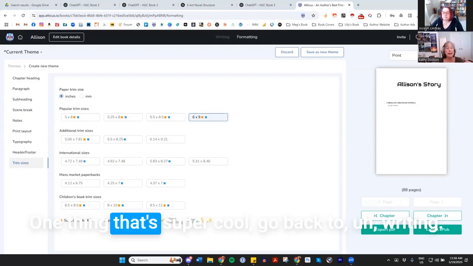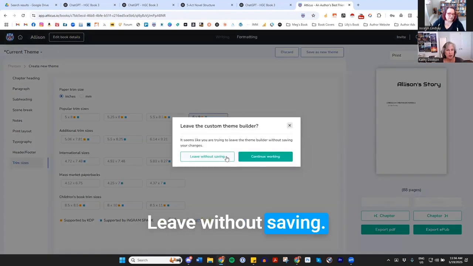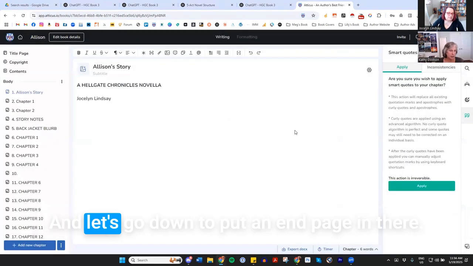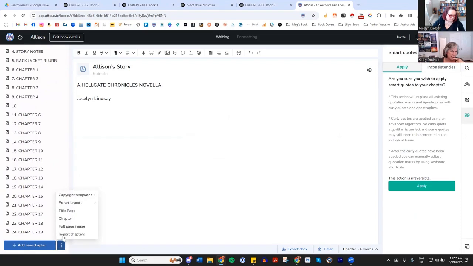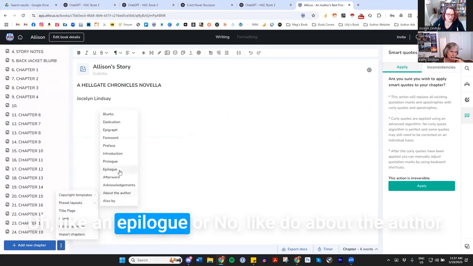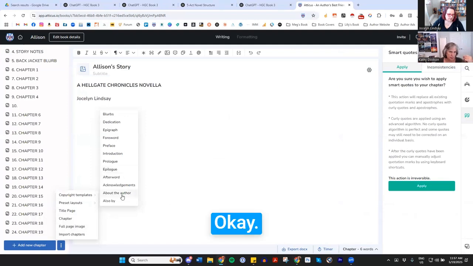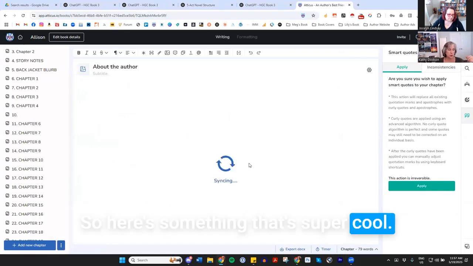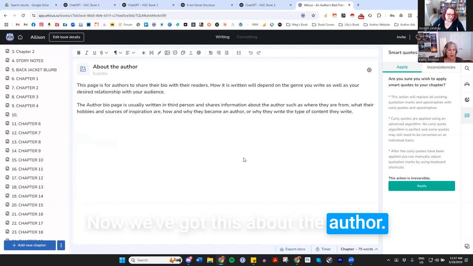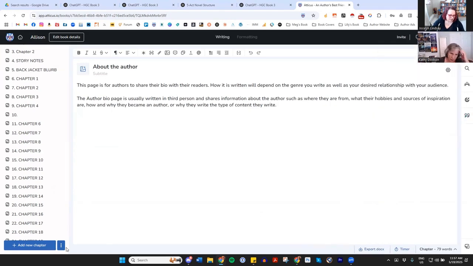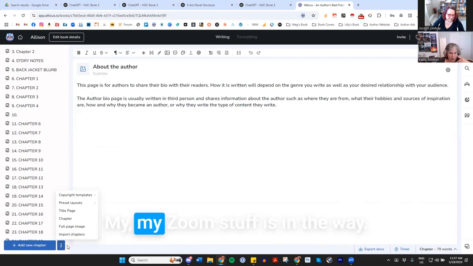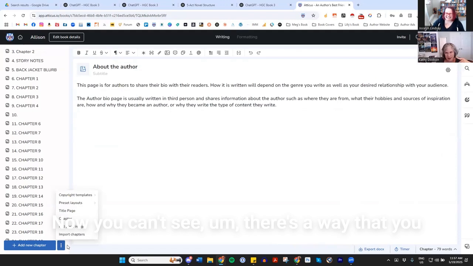Oh, you know what? One thing that's super cool, go back to writing. And let's go down to put an end page in there, like an epilogue or an About the Author. So here's something that's super cool. Now that it's the About the Author, go down to the 3 dots again. Hang on, my Zoom stuff is in the way now. And then if you can see,